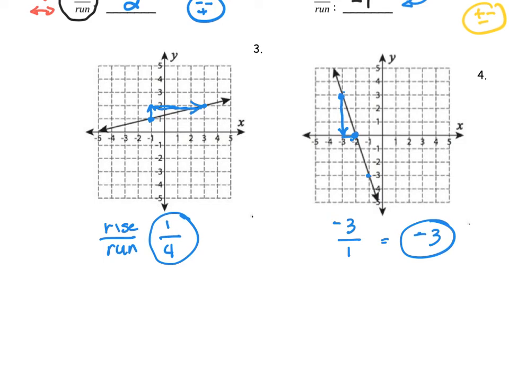If you see, this line is going down, so it should be a negative answer, and this line was moving up, so it should be a positive answer. One more thing I want to address